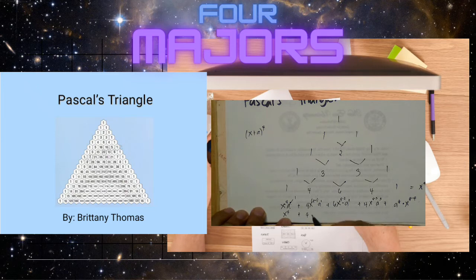So that is 4 x to the power of 3 times a plus 6 times x to the power of 4 minus 2 is 2, a to the power of 2, plus 4x, because 4 minus 3 is 1, x to the power of 1 is x, times a to the 3, and then plus a to the power of 4, x raised to the power of 4 minus 4 is x raised to the 0, so that will become 1. So the answer is, yeah,